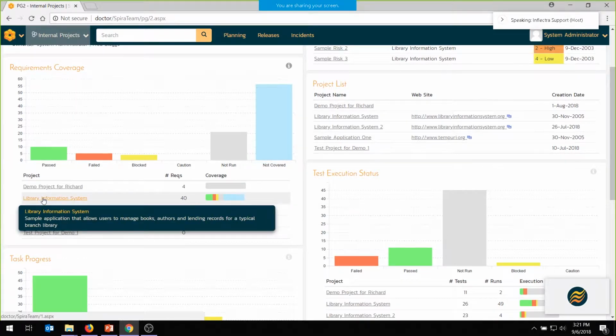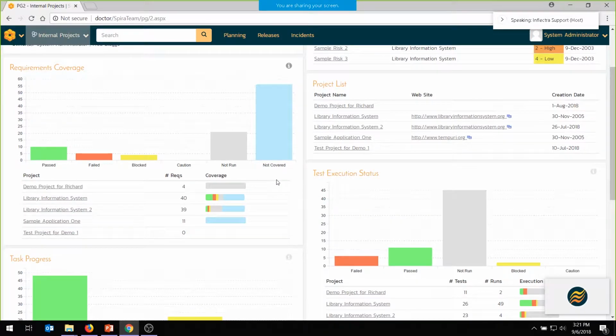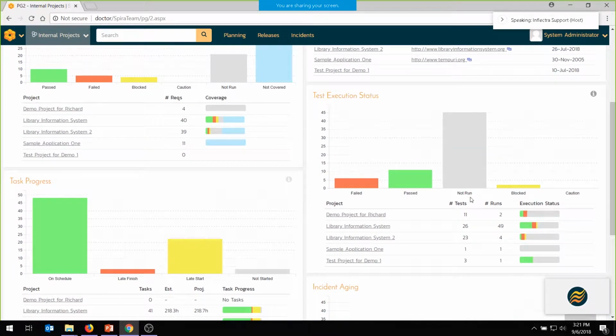You can then click on one of these projects, dive into it, and then take action. But the nice thing is I don't have to go through 4 or 5 different project pages just to see a program view. I have a nice consolidated program view like this, where I can see all the information, which is great. So then the second thing is I might want to look at my test information, and the same thing,